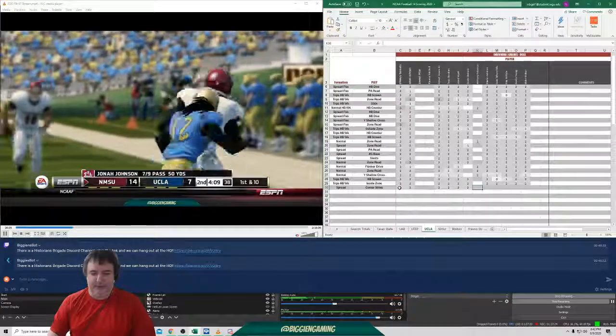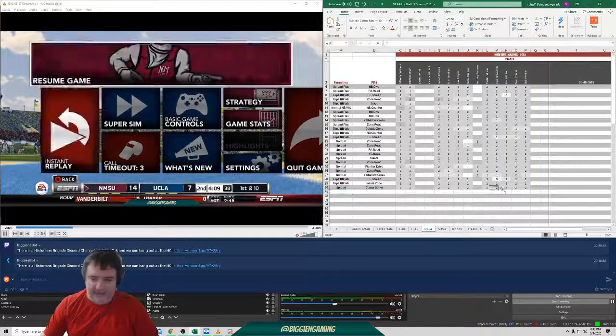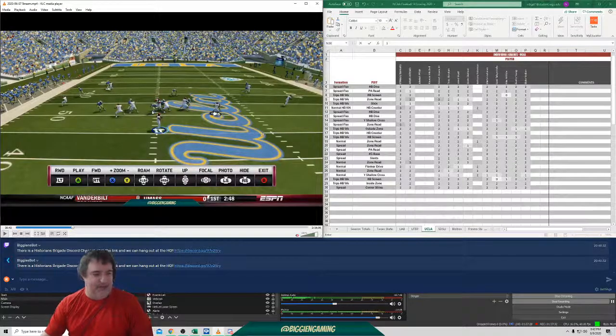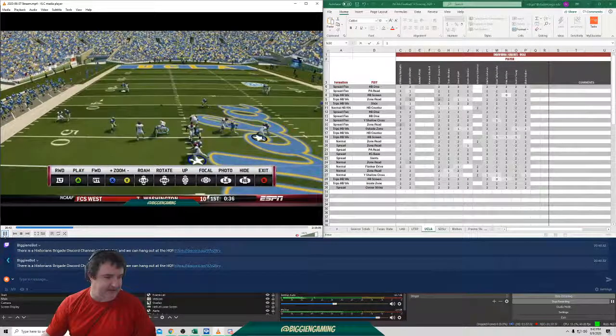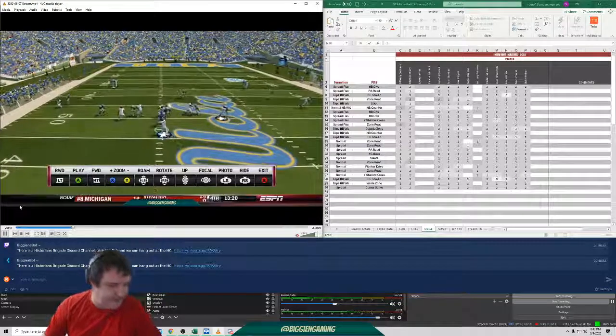2, 2, 2, 2. Everybody gets 2s. Actually, no. Max gets a 1. Why? Max's dude is the guy that's right in the quarterback's face, and if we don't get that ball out on time, that's a sack. Max is having a little bit worse of a grade game than everyone else.